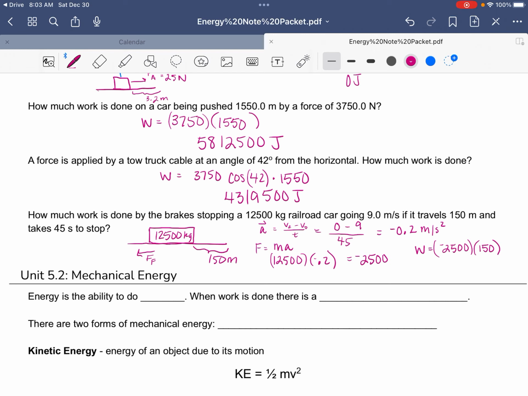So when I multiply that out, I'm going to report 2 sig figs, so it's going to be -380,000 joules. Okay, and it's negative work. Okay, so the work being done by the frictional force is in the opposite direction, which is why it's negative. Okay, and then we found the actual value for